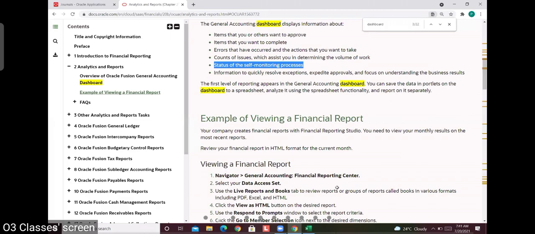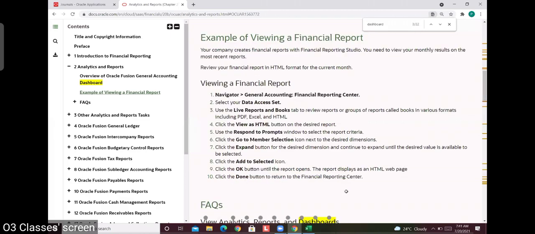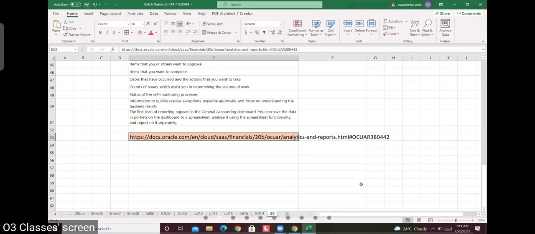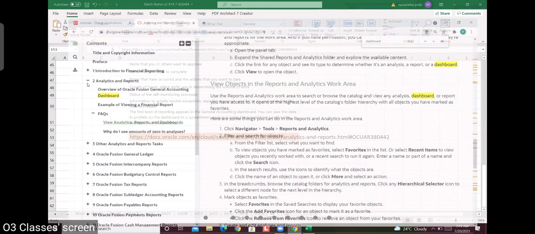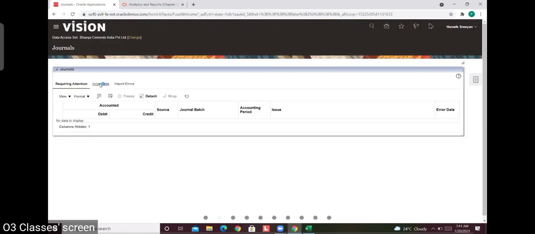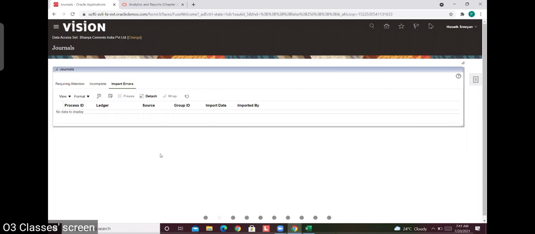EBS people are there, right? Dinesh, Shravan, Arun, Sudhir, Srinivas, Surya, you are there, right? If somebody asks what is the new functionality in the GL, you should communicate this: the option requiring attention. If you are using general approval here, you can see incomplete transactions if there are any pending. If you are importing data from source systems, subledger, and there are any errors, you can review them here. Okay, right. Next one.